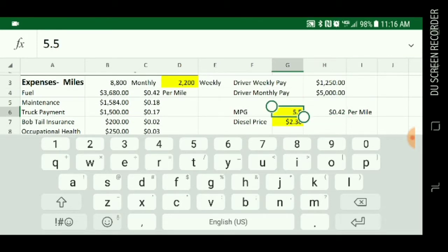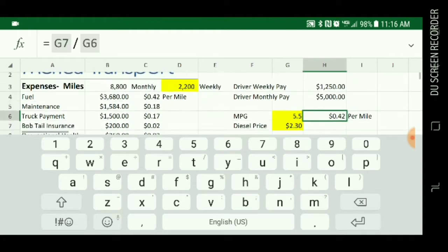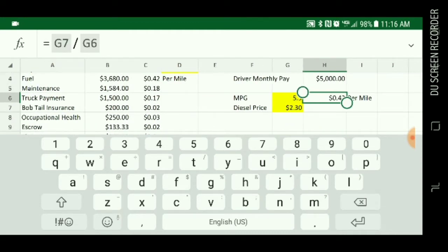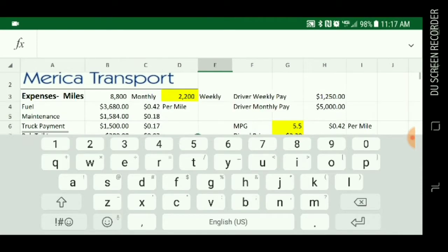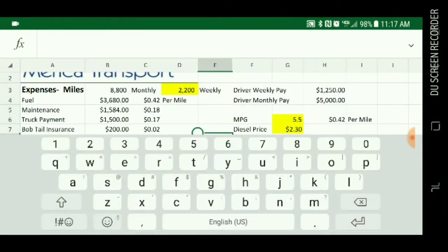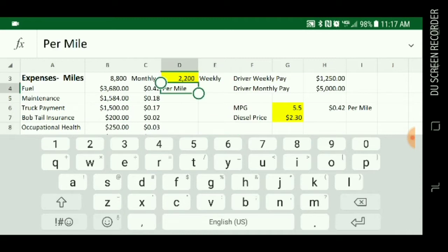Every time I change something over here, it affects this one. For maintenance, I figured 18 cents a mile, times 8,800 miles. These are all monthly expenses. So if I get 42 cents a mile for fuel, gathered over here and brought over here, times 8,800 miles,